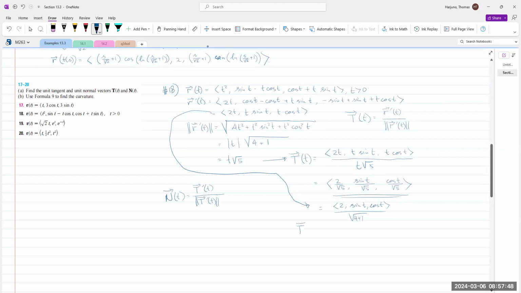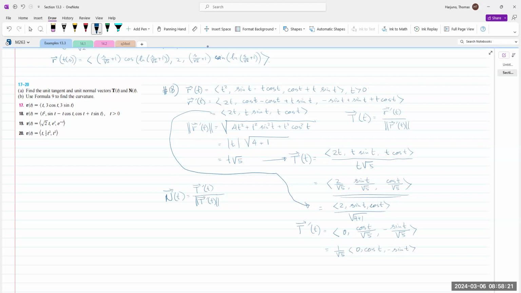The derivative of the unit tangent factor will be 0, cosine t over square root of 5, negative sine t over square root of 5. Notice I can factor 1 over square root of 5 out, and the length of that factor